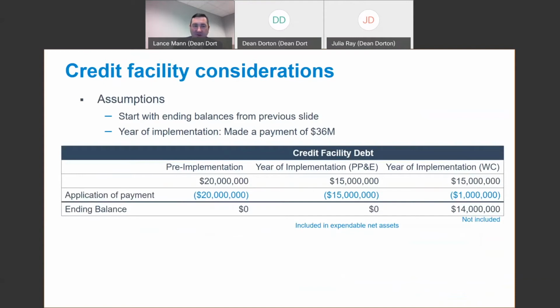Any payments made go first to pre-implementation debt. Next, you pay off any debt related to PP&E automatically, and any remaining payments go to reduce your working capital amounts. And so in this example, you would add none of the debt back into your calculations. You would just have the $14 million of non-PP&E debt.